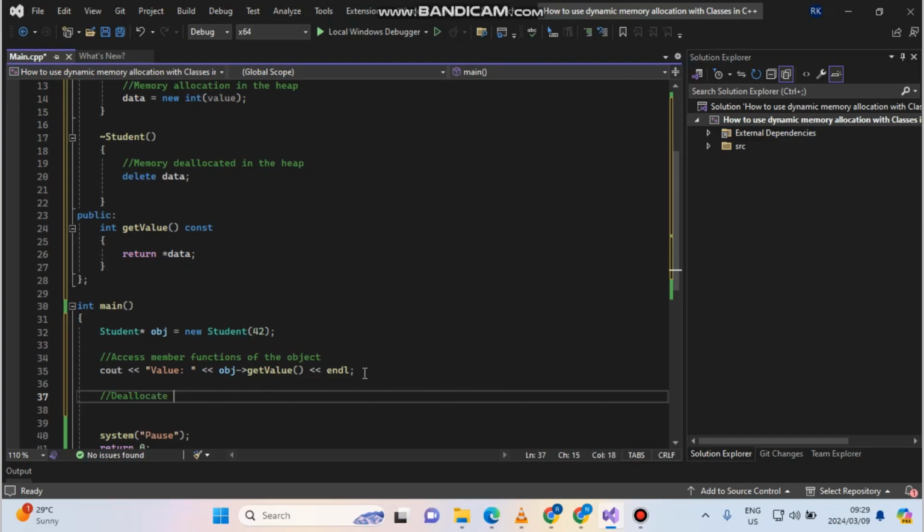Allocate memory for the object. Awesome. Now, when you allocate the memory again, by definition, remember, whenever there's a new keyword being